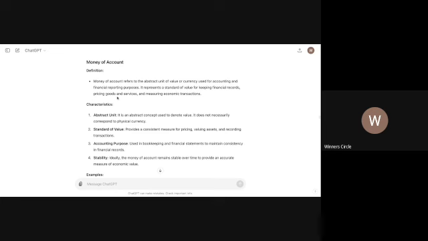Okay, pricing goods and services and measuring economic transactions. See? On your receipt, when you swipe a credit card, you're swiping it in United States dollars. Otherwise the company will not be able to keep track of the GDP. I mean, we're not filing taxes. You know how many people don't file taxes? How are they going to know how much money is getting pumped out in the system? How much money is getting circulated? That's why everything has a chip in it. Almost every transaction is monitored.